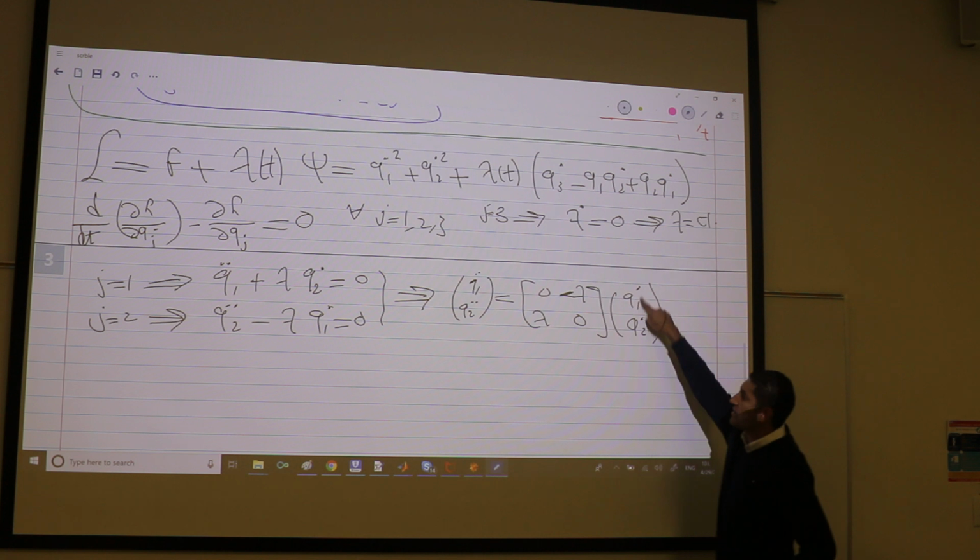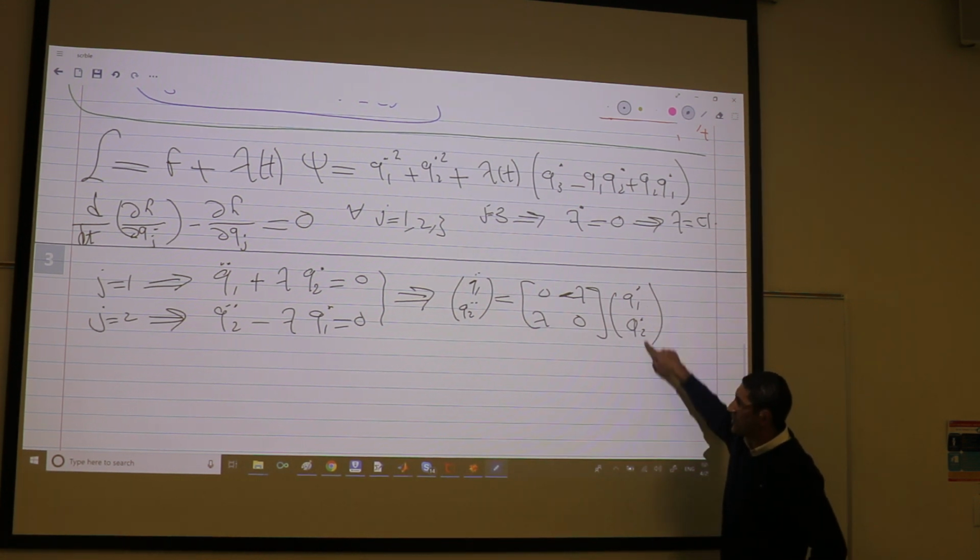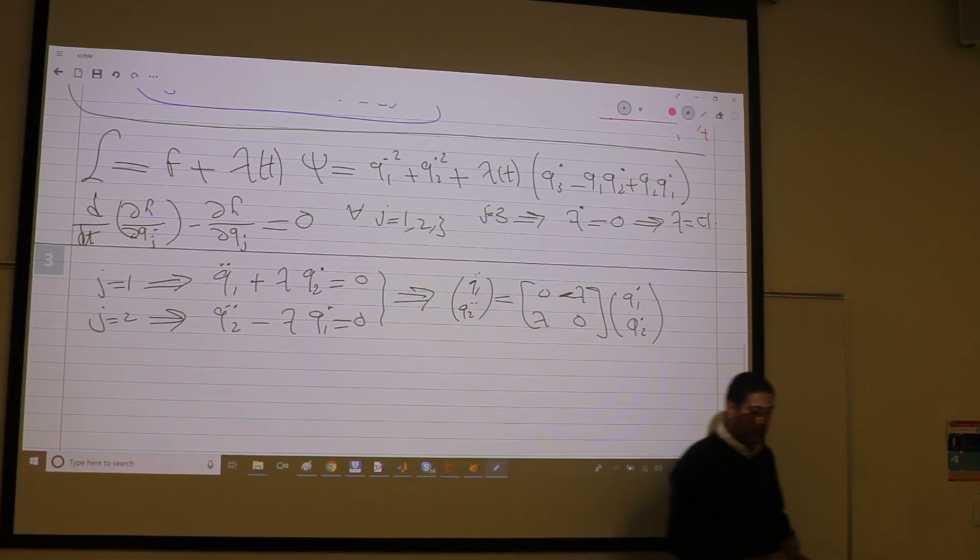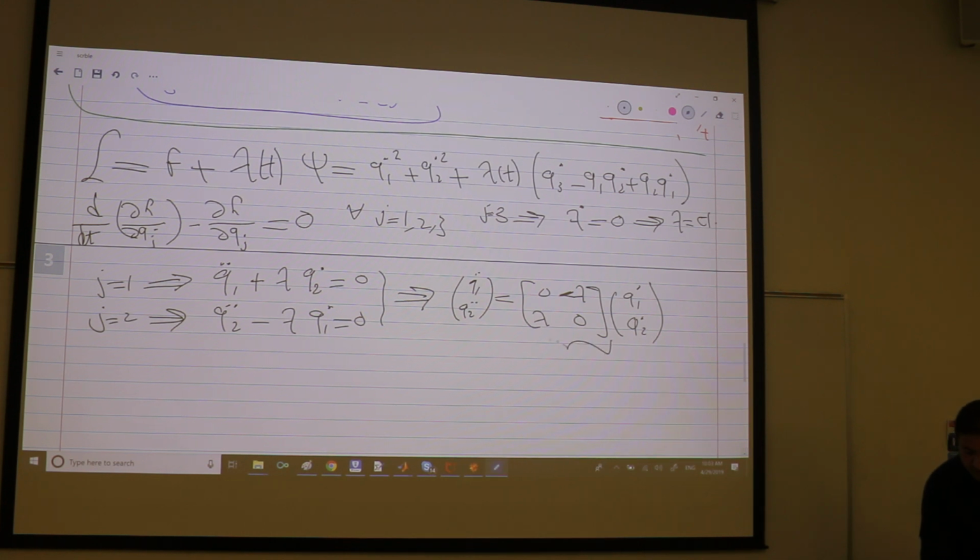Remember, these guys are my control inputs, U1, U2, and these are their derivatives. This matrix, let's call it large lambda, and as you can see, it's a skew symmetric, little so(2), right? Skew symmetric matrix. So my equation governing